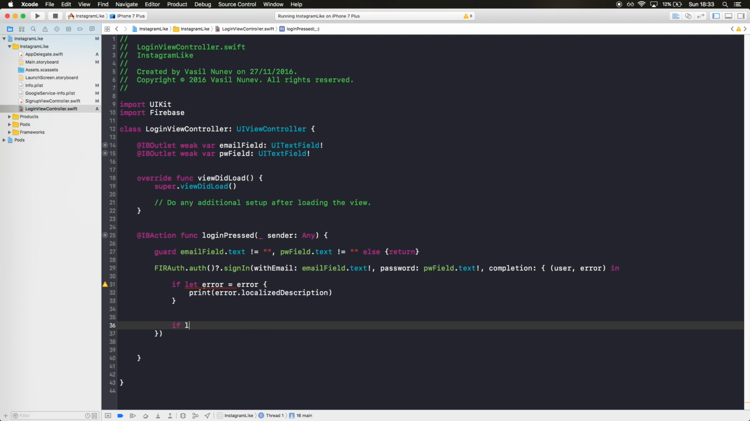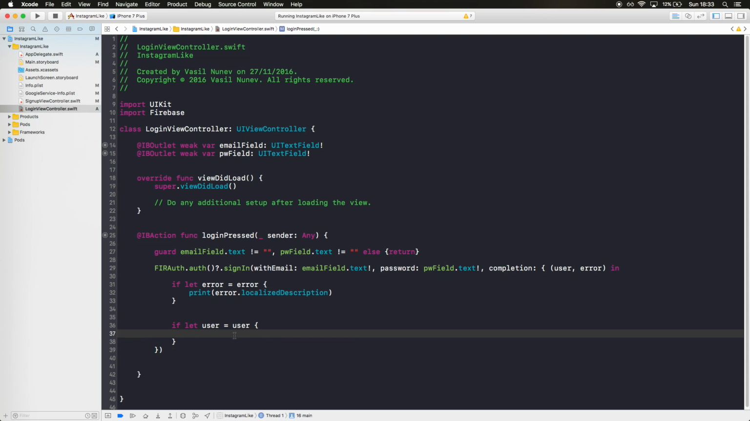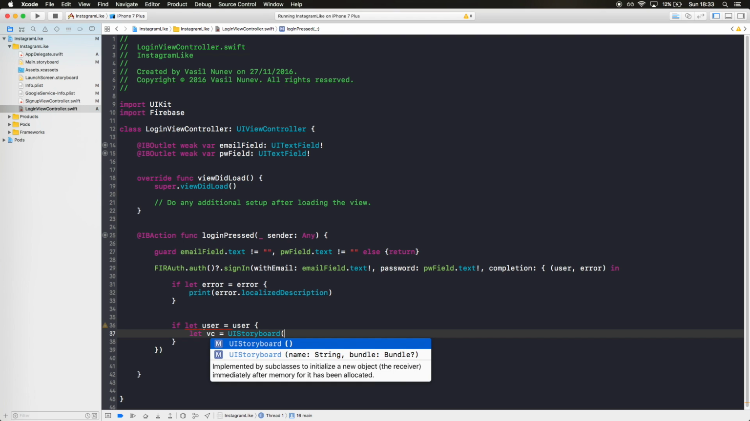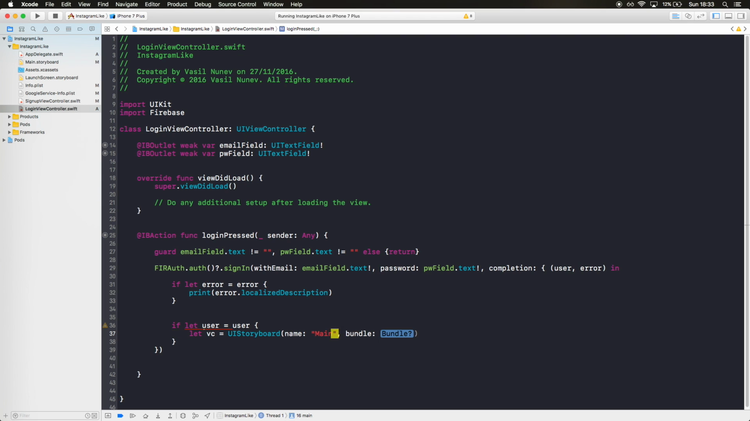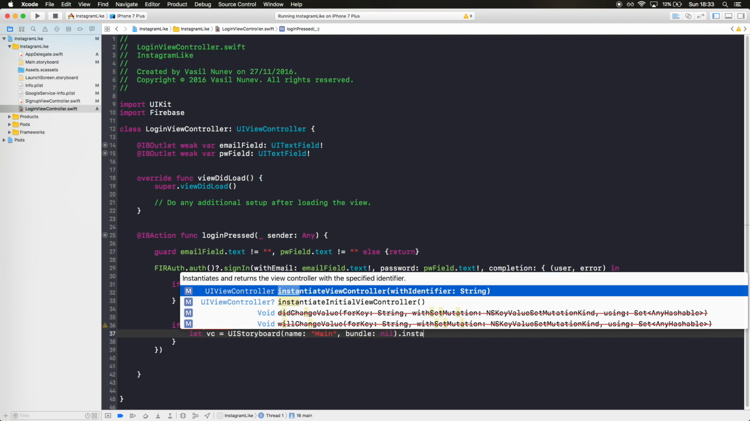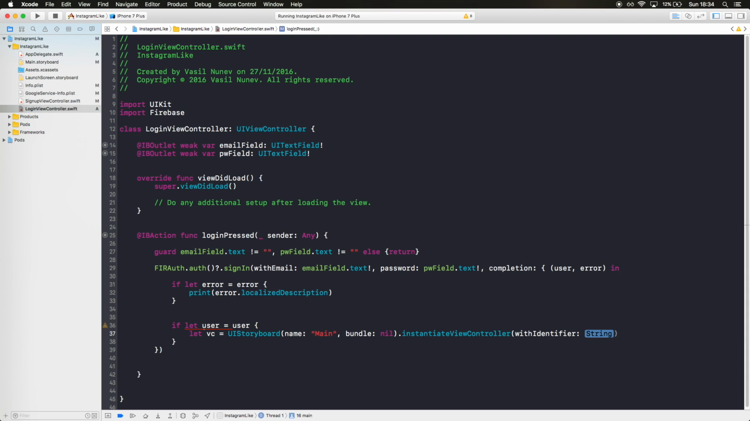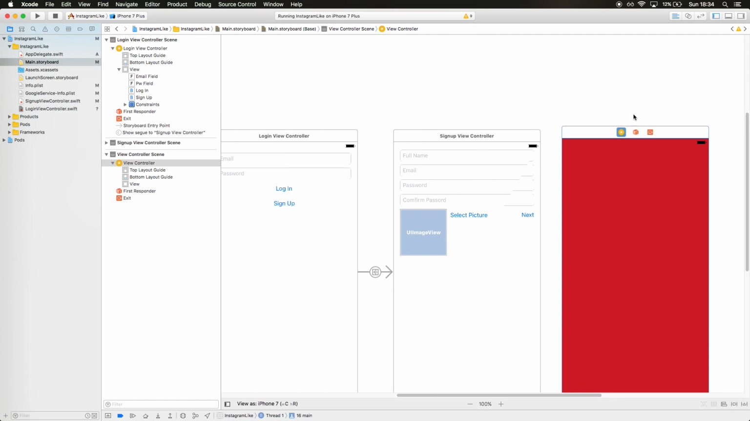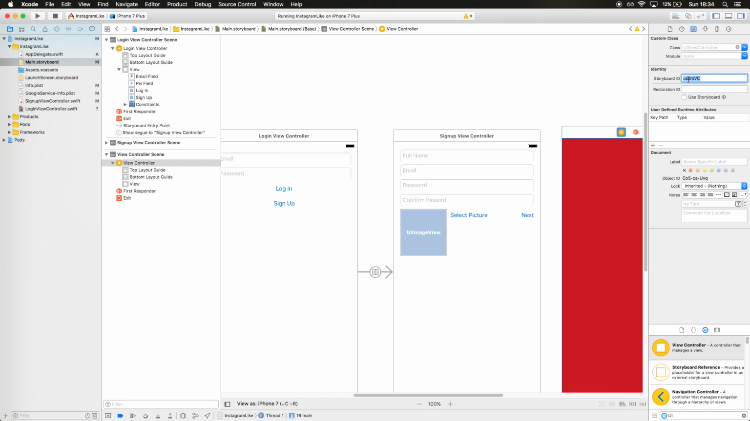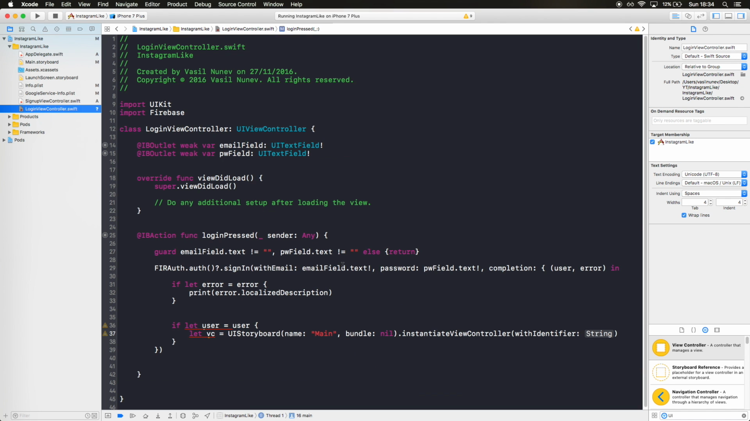And if let user equals to user, we know that we received the user, and in here you want to continue to your user's view controller. And this is let VC, the same thing as the last code that we wrote into our sign up, is UI storyboard with a name. This name is main with bundle nil dot instantiate view controller with identifier. And let's make sure that our identifier is user or users. I can see it's users, so I'm just gonna copy this to prevent from crashing